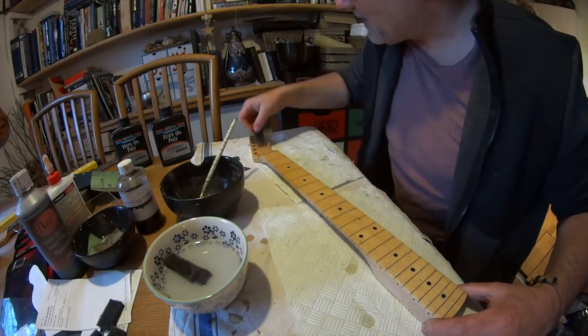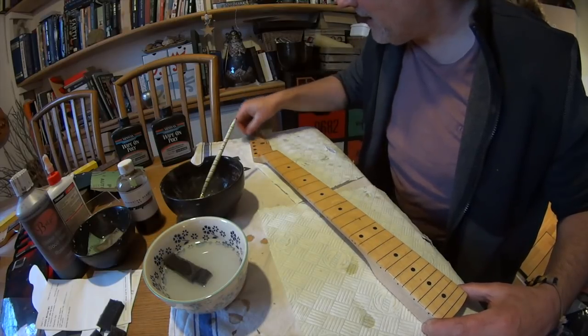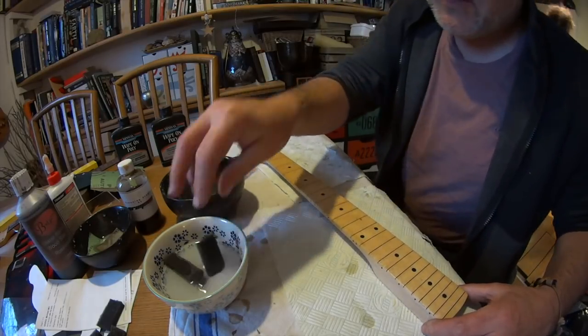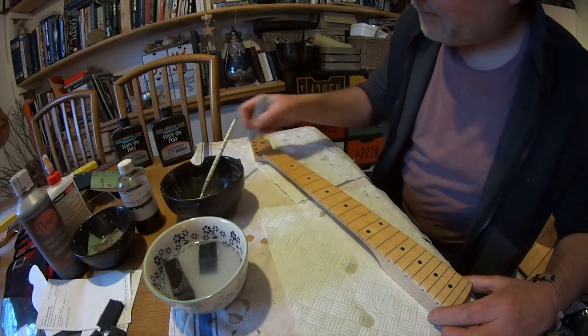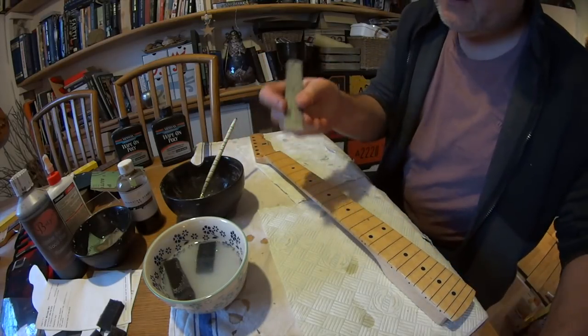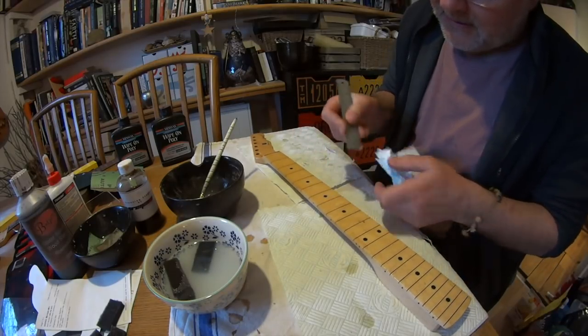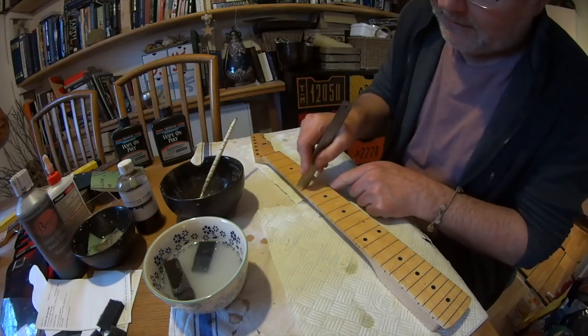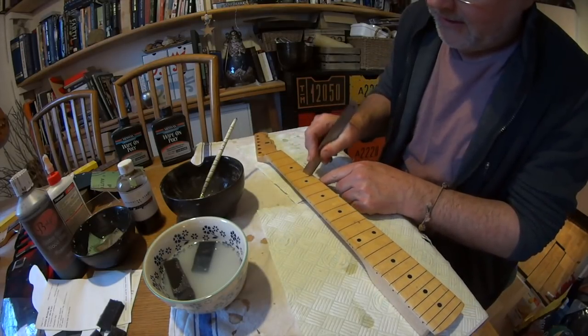Right, this one video is going to be very short, so you can make loads of noise in a second. Right, so all I want to just show next is, while it's setting, what I'm going to get is my convenient object, and I'm just going to go down each of these frets and dig out the stuff that's gone in there. Now at the moment it's quite a lot because I laid it on a bit thick,